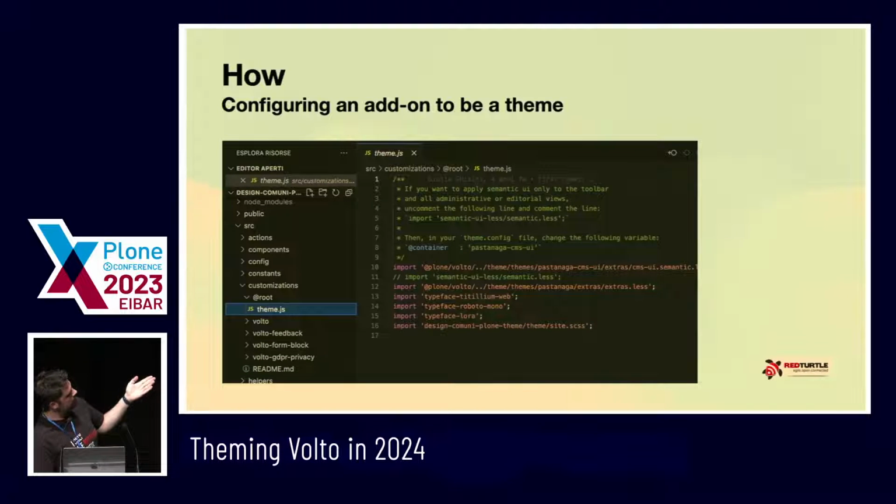So this is how you can customize the core Volto theme.js file in order to add styles. For example, here I was adding typefaces and SCSS files. And this is the two steps plus this extra one, if you need it at all, to configure an add-on